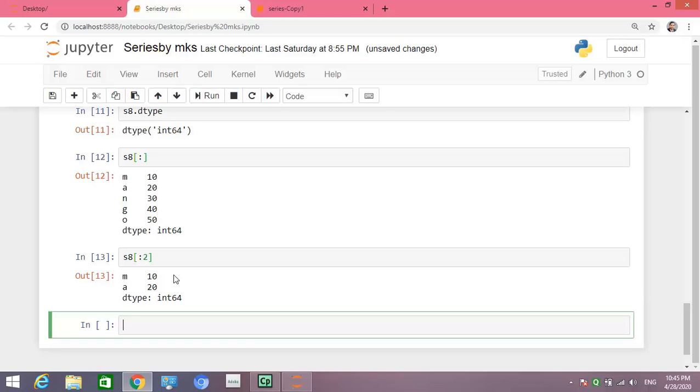It will start from the first element and go up to the first, second, 20 and 21, because it takes the n-1 index. That's why it is going up to 20. So in this way we can display or slice a series.